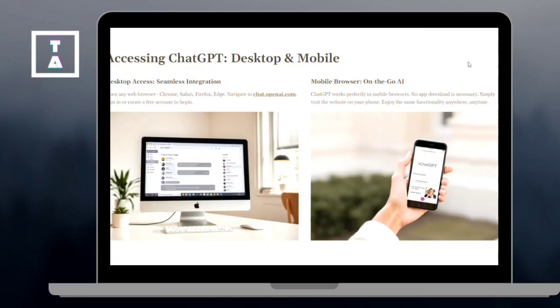In today's video, I'll show you how to use ChatGPT in any browser. Let's get started. What you need to do is open your browser. Open Chrome, Safari, Firefox, or Edge. Any browser works. Just type